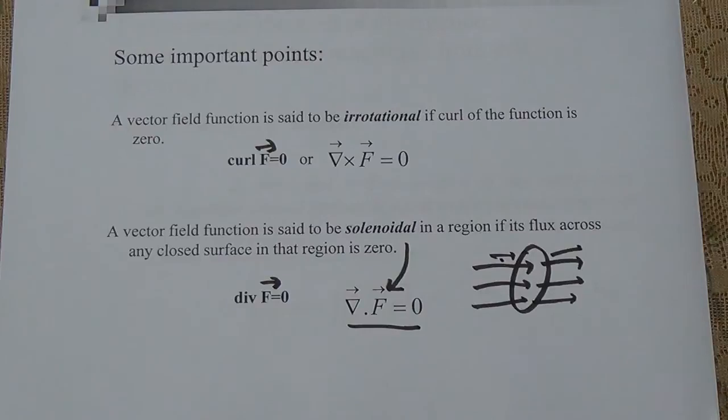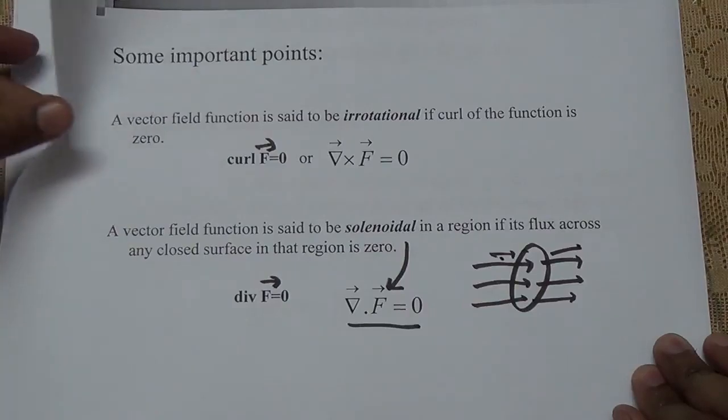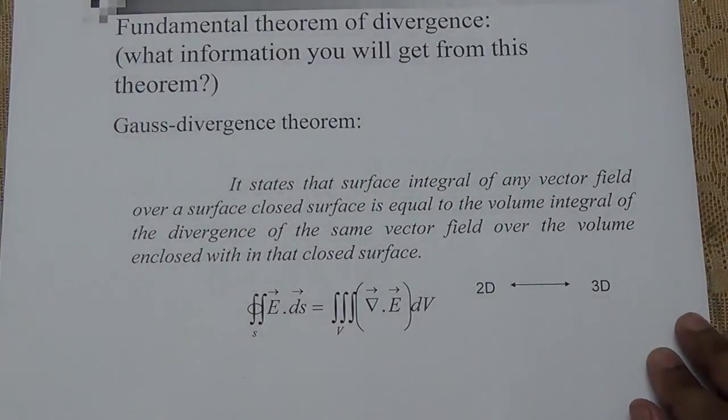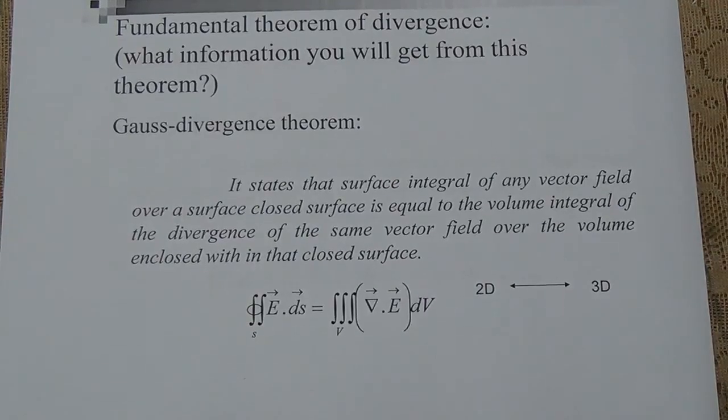So there are two more scientific terms in the operation of these three operators. When curl f is equal to 0, the vector field function is known as irrotational, and when the divergence of a vector field function is 0, that field is known as solenoidal. These are two more important points in the operation of these operators. The next point will be the two basic theorems, Gauss divergence theorem and Stokes